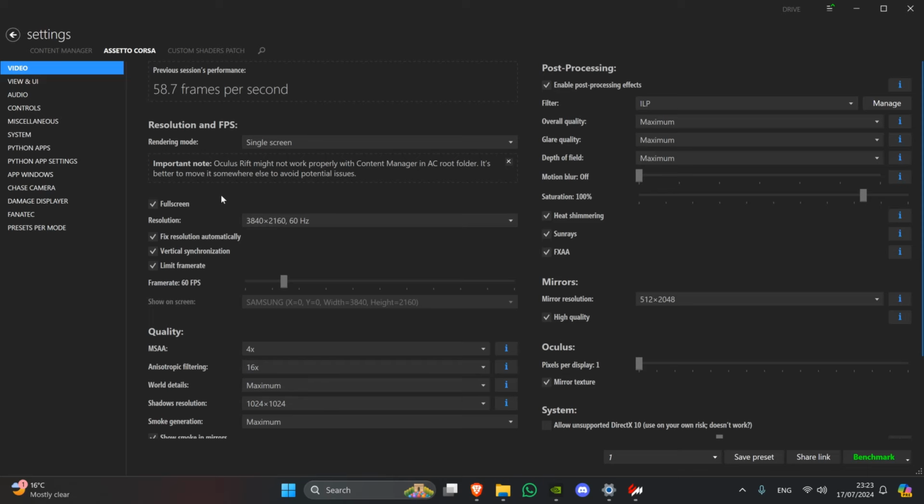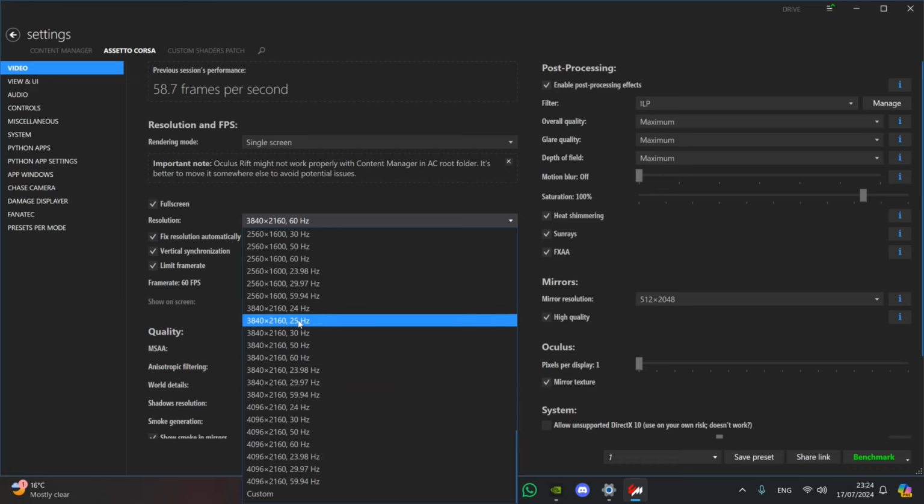So moving on, we want to set the full screen. We want to put that on. Resolution, check what monitor you've got, because there's no point in trying to run in 4K if you've got a 1080p or 1440 monitor. Obviously there are some setups out there that have got triple monitors and ultra wide monitors. I haven't really got any experience with that, truthfully, so I'm sure there's some other settings on here that you can. As I say, I haven't got any knowledge with ultra wide monitors or